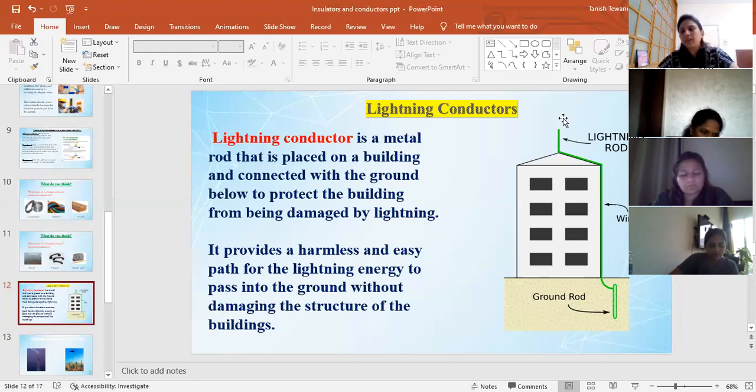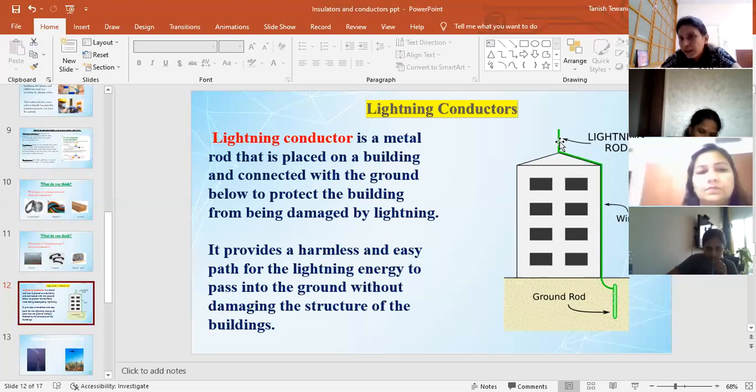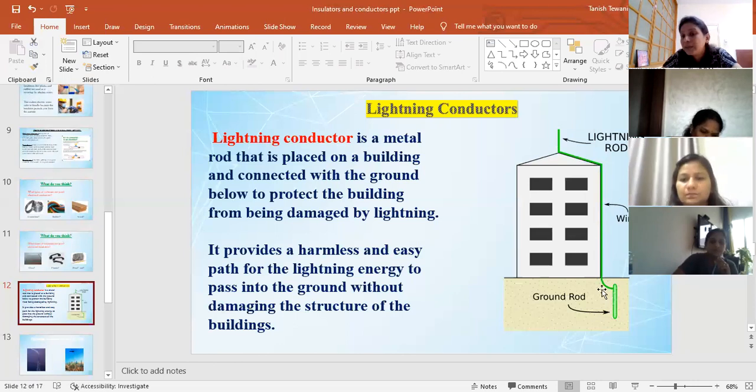So that's why I'm not telling you now, but I can tell a little: from the clouds some positive ions come, and in this, negative ions, and then they attract, and lightning also comes from the clouds, then they attract and electric current passes. To prevent the building from the lightning, from the electric shock, this lightning rod is placed like this, and it is buried very deep in the ground.